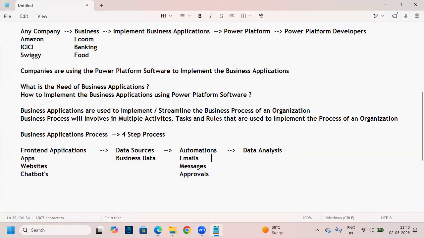Data analysis means creating the visuals or reports, guys. Now try to understand. Nowadays, most of the companies prefer to analyze their business data in the form of visuals or reports. So now, if you want to create the visuals or reports to analyze your business data, first of all,